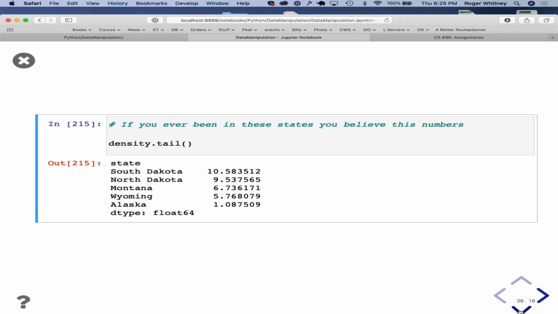And there it is, right? I've actually been in all those states, and you can believe it. It's a lot of empty space.